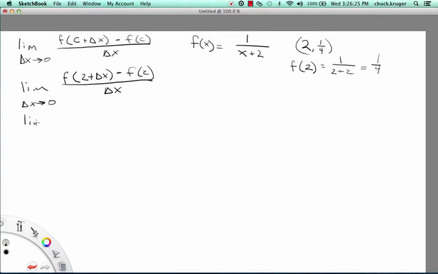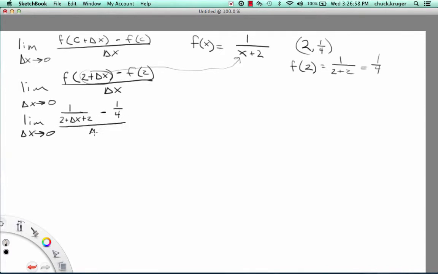So if I simplify this further, I'm going to put 2 plus delta x in for this x here. So I'm going to have 1 over 2 plus delta x plus 2 minus, well, if I put f of 2 in there, I get 1/4